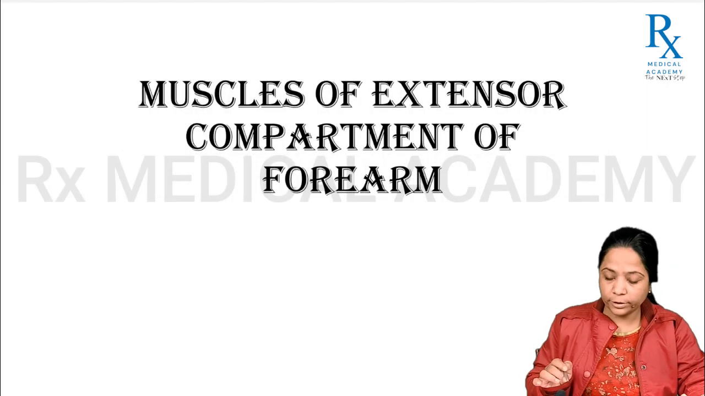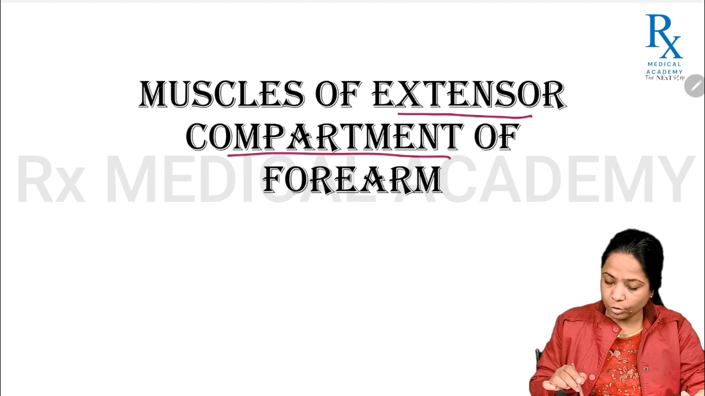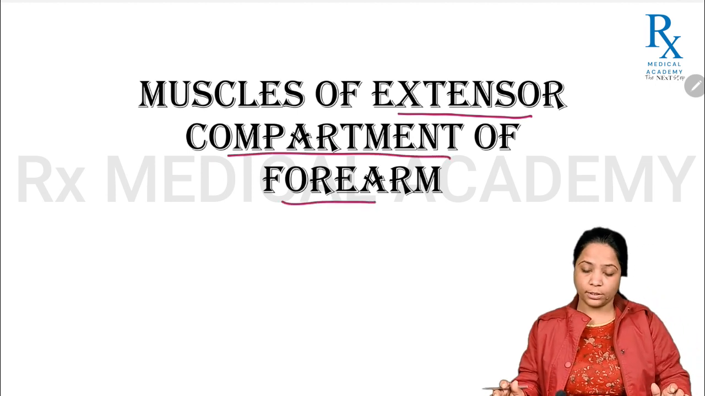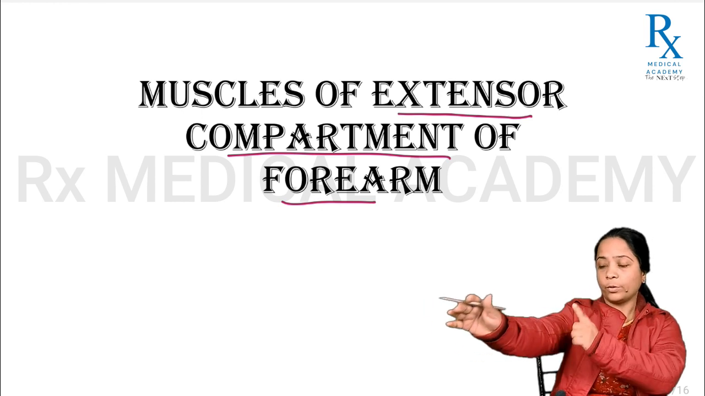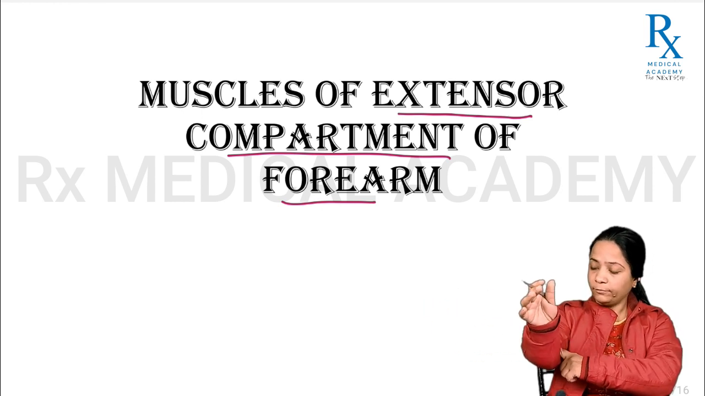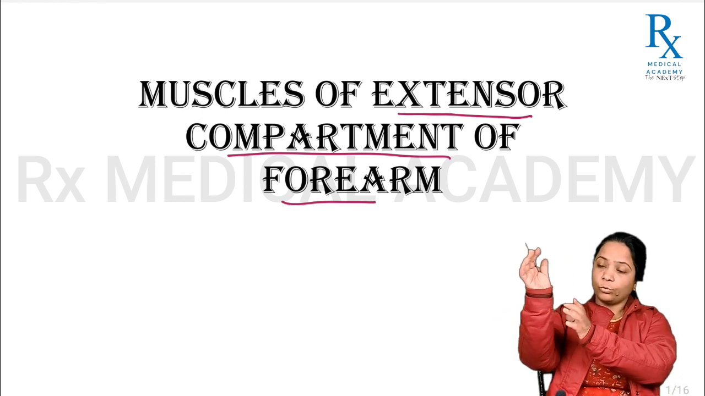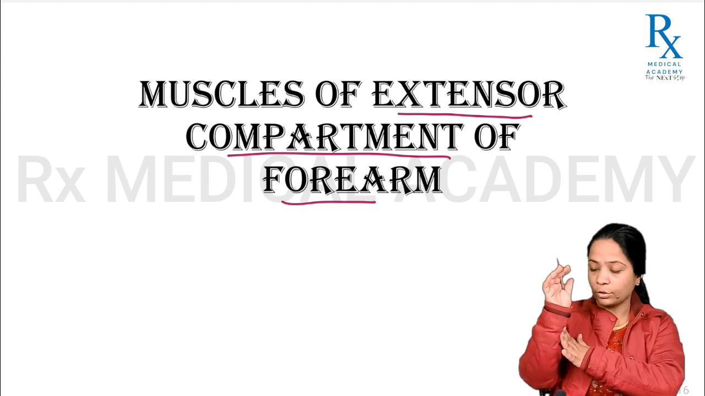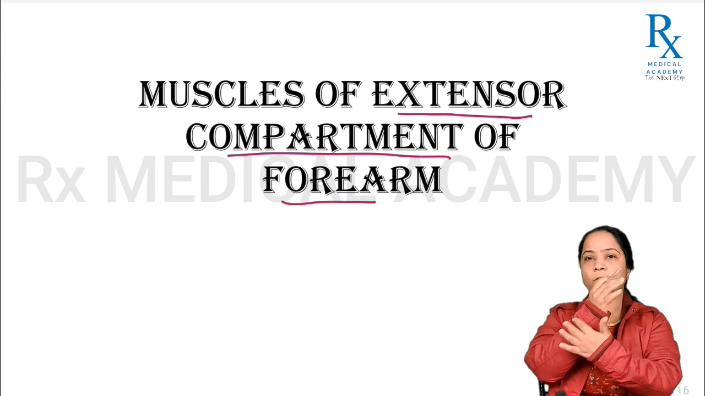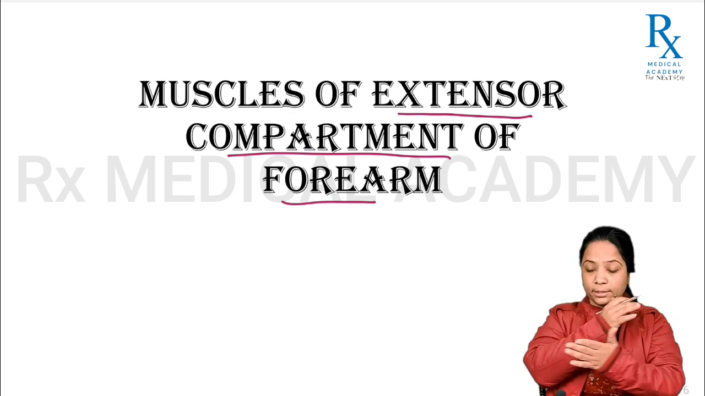So the topic for today's discussion is muscles of the extensor compartment of the forearm. In the upper limb, you know that there is a region of arm between the shoulder joint and the elbow joint. Then we have the region of forearm between the elbow and the wrist joint. We have already covered the muscles of the anterior or the flexor compartment of the arm. Now we will see what are the various muscles present in the posterior or the extensor compartment of